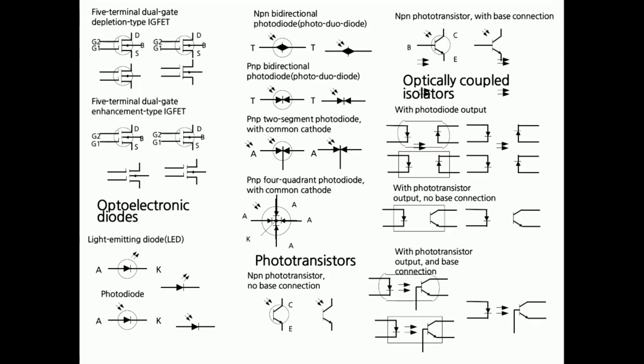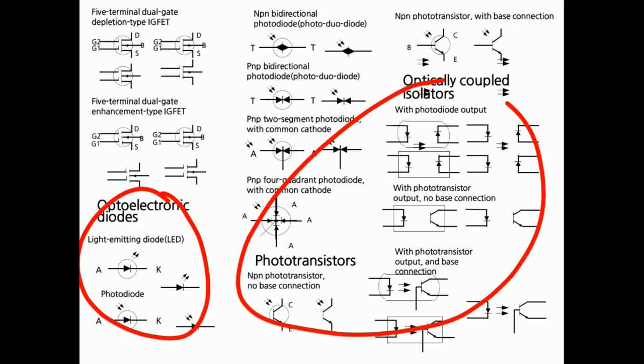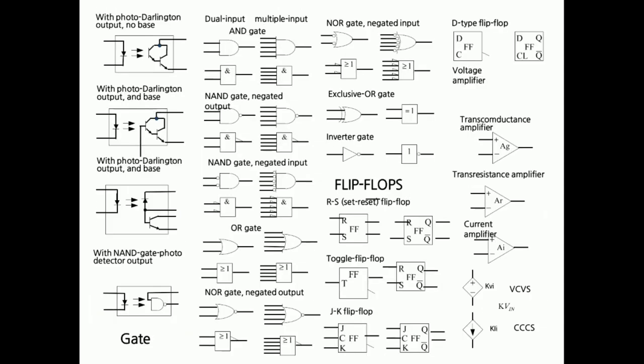Then optoelectronic devices: if you want to convert an electrical quantity into an optical quantity or light, then one type of transducer is there. Then LED, photodiode, phototransistor are all optoelectronic devices. Using optoelectronic devices, we can design the optical coupler, and these are all related to the optical coupler. The optocoupler converts electrical to light. Then inside the IC, it is further converted from light back to electrical. So these are all optoelectronic.